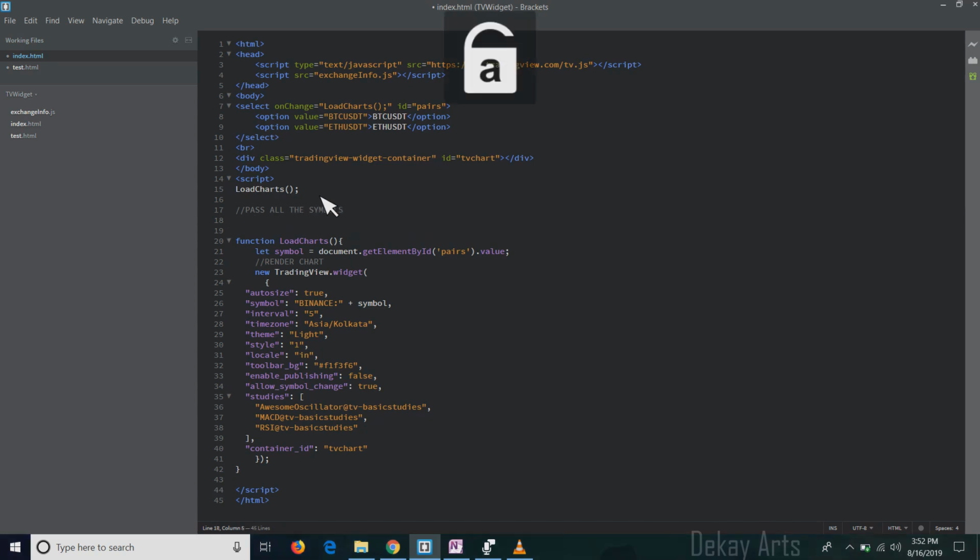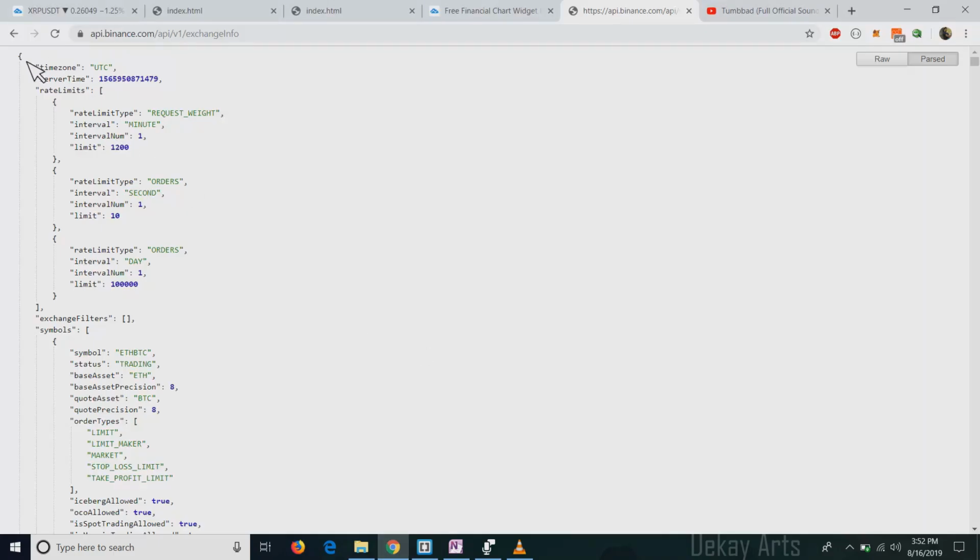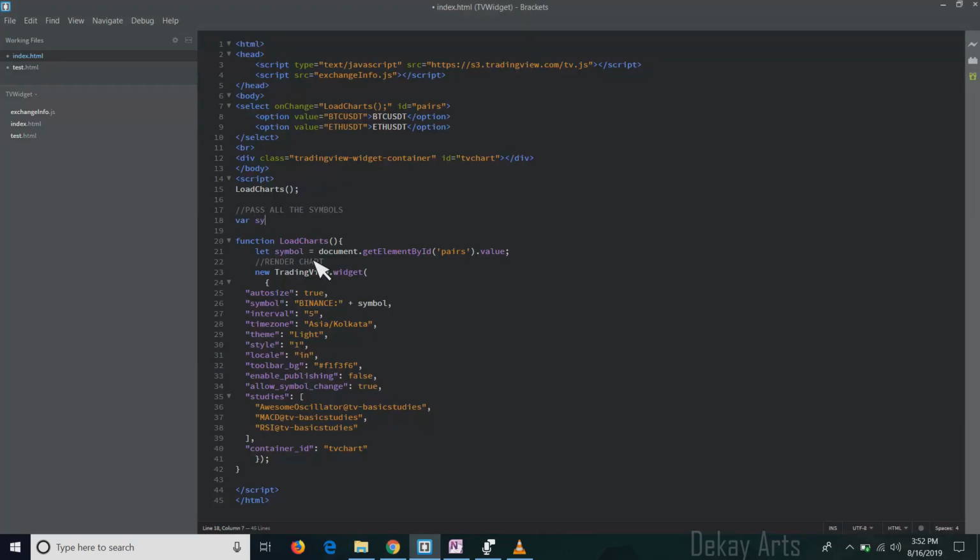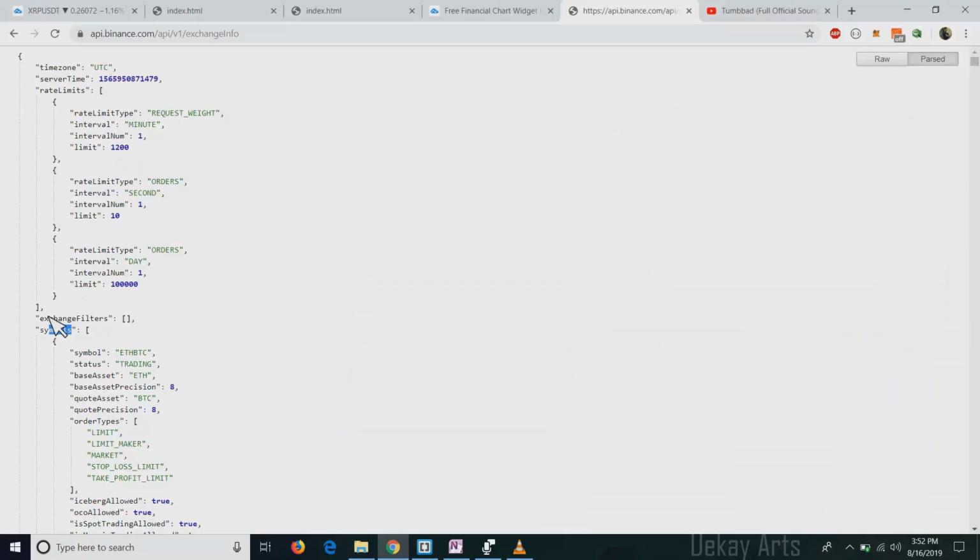So if you look at this, it's a JSON file. Okay, it's a JSON, and inside the JSON we have to look at symbols. So I'll just call sim is equal to Exchange Info dot symbols. Yeah, symbols.